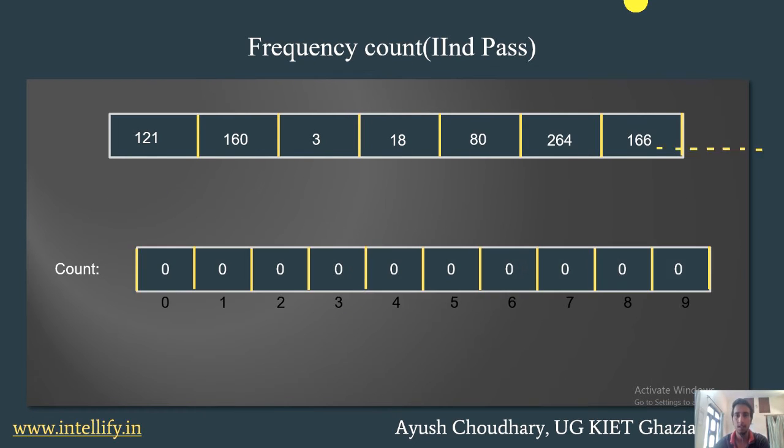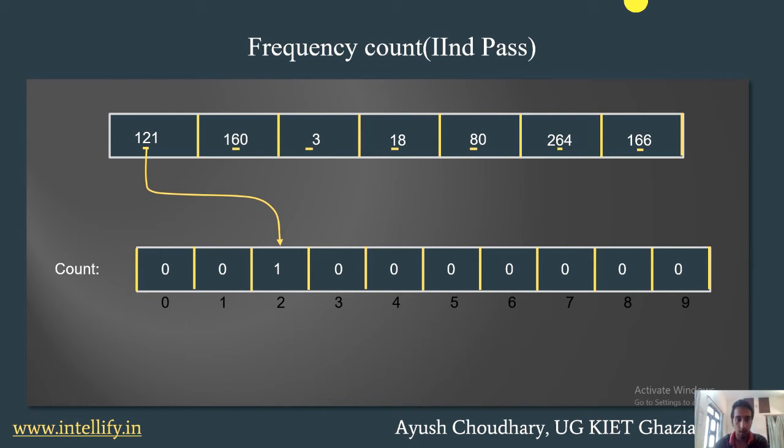Okay, so in the second pass we will take the 100 place element. Oh sorry, this time we will take the 10 place element. So the element 3 is not having any 10 place element, so what we will do, we'll take that as 0. So in the first element, 121, we have the 10 place element as 2,